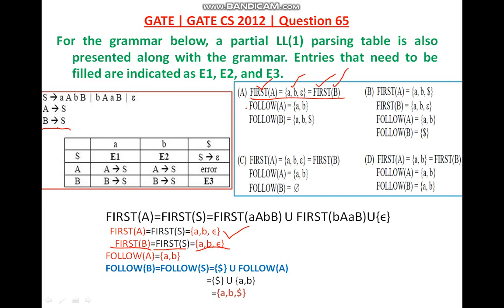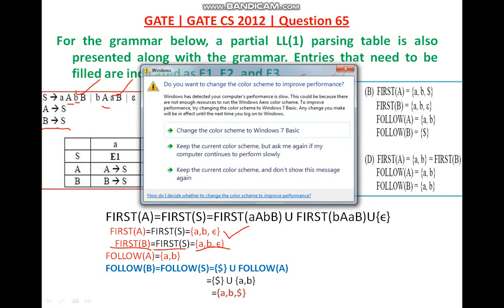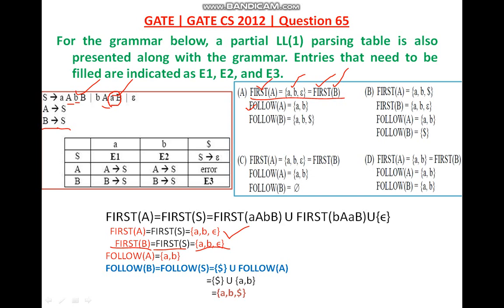Now check whether follow of A contains a or b. How to calculate follow of A? Look here, this is A and this is B. So b will be included in follow of A because B is directly following variable A. Look here, this is A, this is small a. So small a would be included in follow of A because a and b directly follow variable A. So follow of A would be a, b. So this option is right.